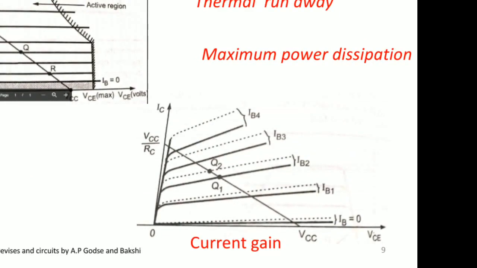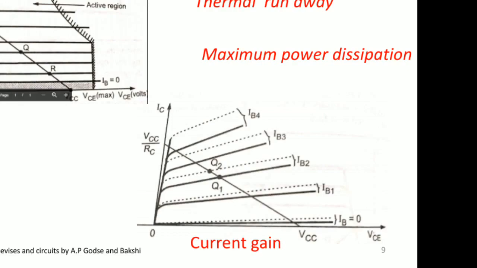If you take 2 transistors of the same type and the same number, with construction parameters specified and everything the same, and use them in the circuit, there is a change in the beta DC value, that is the current gain value, in actual practice. So practically the gain value is changing. If the biasing circuit is designed according to the required current value, but due to the change from unit to unit, my operating point shifts.